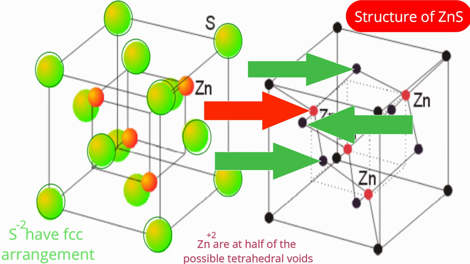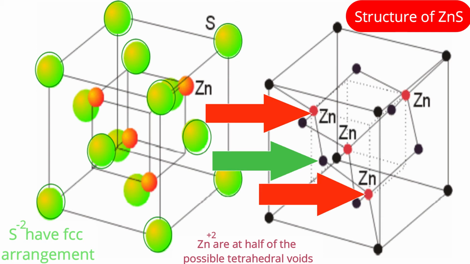You will find that out of those four, one is at a corner and three are at centers of faces. So out of the four, is the categorization of sulfide ions clear? Only one is at a corner and three are at centers of faces. Whichever sulfide ions are at the center of faces, one sulfide ion is a closest neighbor to two zinc ions. In true sense, it is a case for the sulfide ion at the corner also, but it is not clearly findable from this diagram. Therefore, I am saying only what we can clearly interpret. I repeat what I am saying.